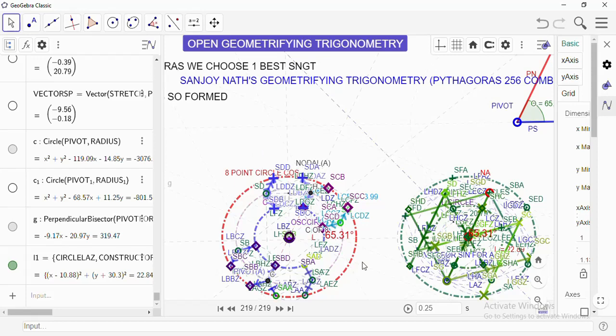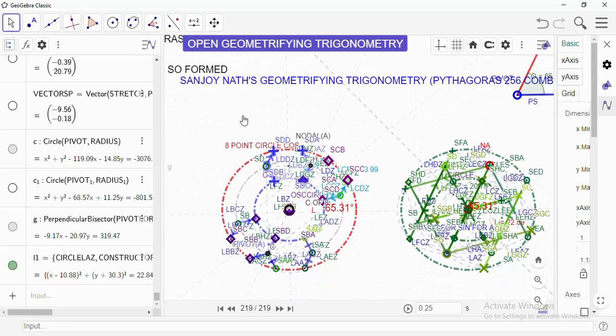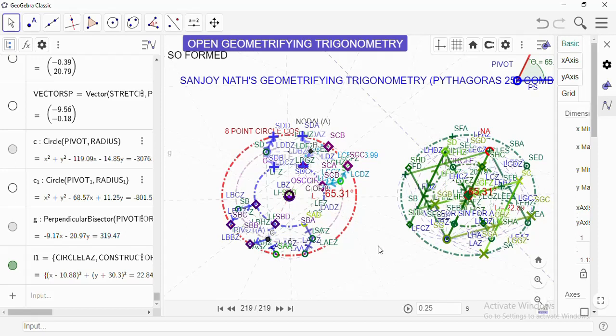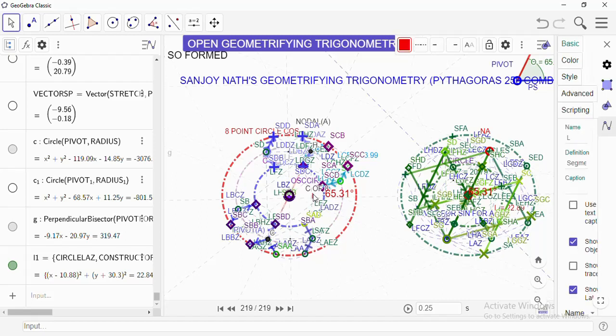On the left side we have kept the arrangements of cos square theta. First of all, we don't take trigonometry ratios as pure numbers. We take trigonometry ratios as the transformations of line segments, forming more line segments out of one given line segment. We start the trigonometry working with a given line segment, say L, that is a single line,